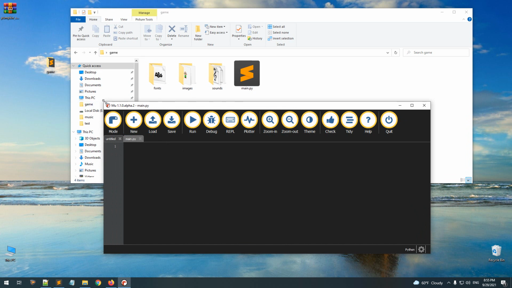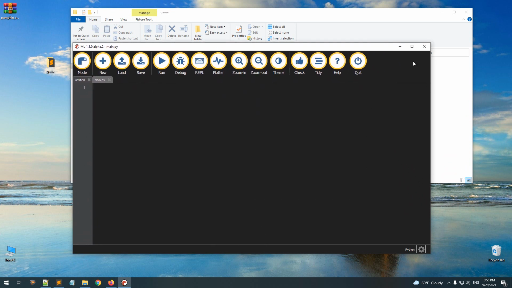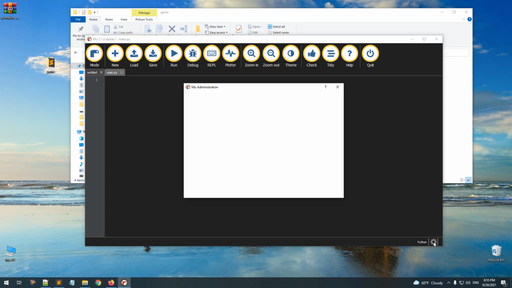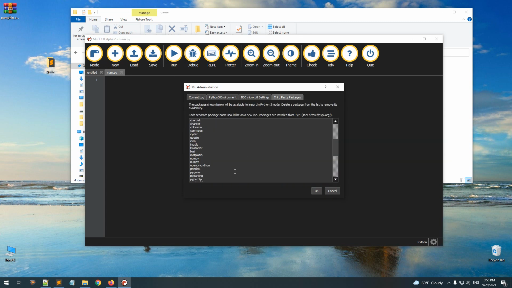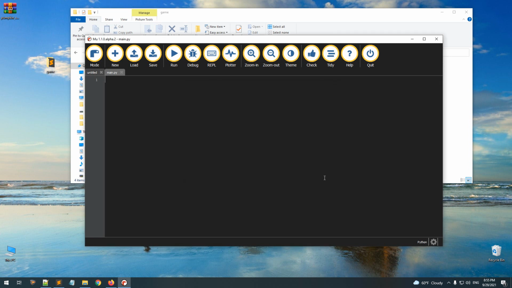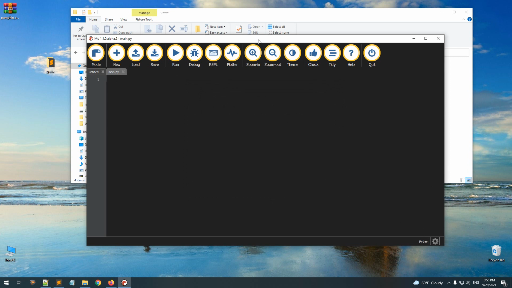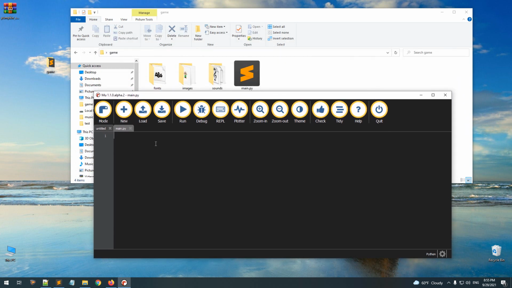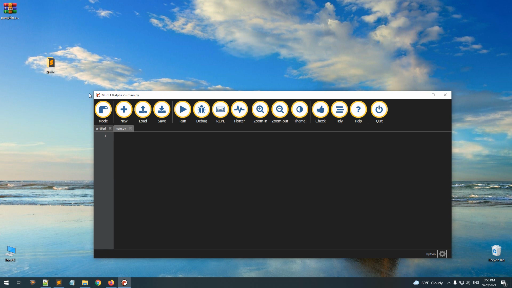Now actually, before we start writing code, if you do not have Pygame installed, it's a module, you need to either use pip install pygame, or if you're using the Mu editor, you can click the cogwheel here, go to third-party packages, and write pygame, click OK, and it will do a pip install pygame behind the scenes. Or you can just use the command line and install it. So once we have Pygame installed,